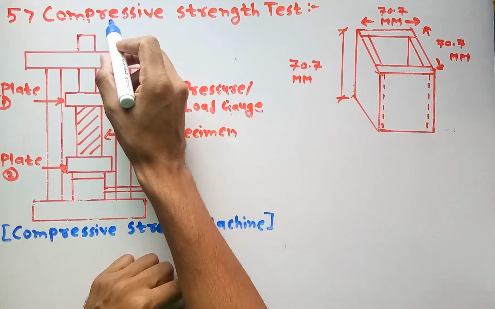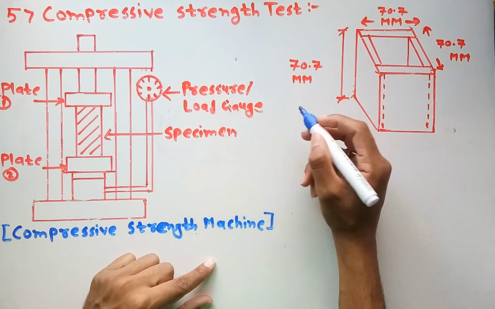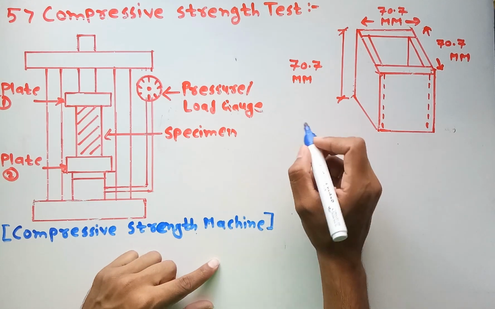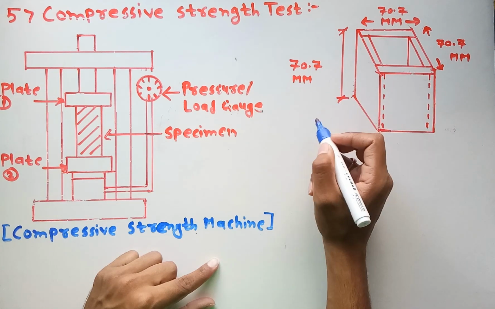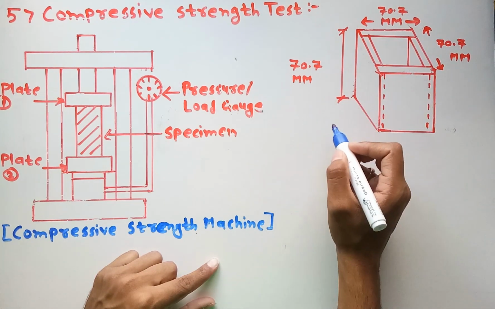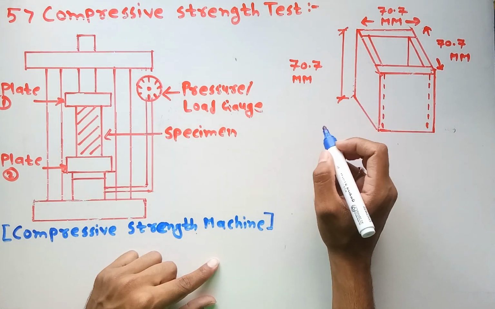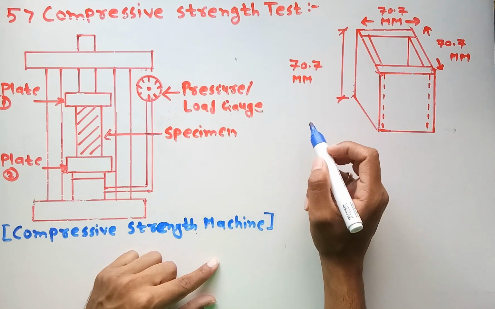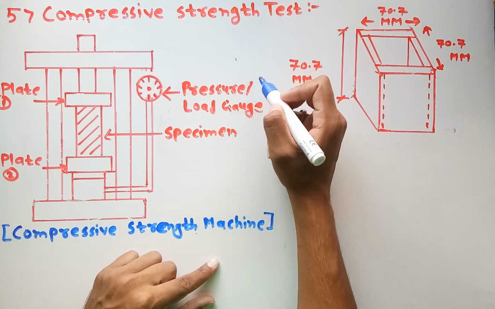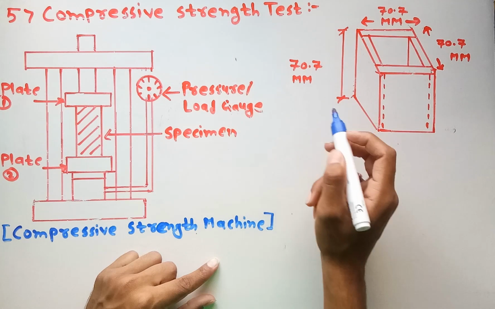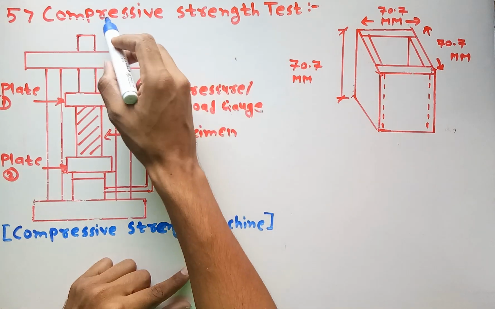First of all, we will see what is meant by compressive strength. So first we see what is meant by compression. Compression is the phenomenon which applies on any body and tends to reduce the volume of that body. To resist that shrinkage or change in volume, the internal stress generated by the body is called its compressive strength. So it is the resistance given against the change in volume or shrinkage of the volume. To determine this compressive strength in concrete we take the compressive strength test.